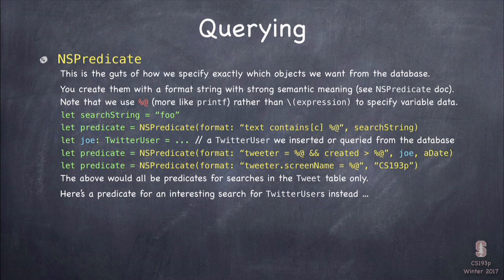I'm searching for all my tweets that contain foo. How about this one? I want all the tweets whose tweeter equals %@. I'm going to put Joe in there as the substitution variable, and were created after some date that I create. See that? I'm using greater than to do that. And I'm doing ampersand for and. You can also use the word and there. So that's going to be all the tweets created by Joe since that date. You're starting to see the power of being able to query into the database, right? If I had thousands of tweets, it'd be really easy to find the ones since yesterday, for example. I'll show you that in a second here.